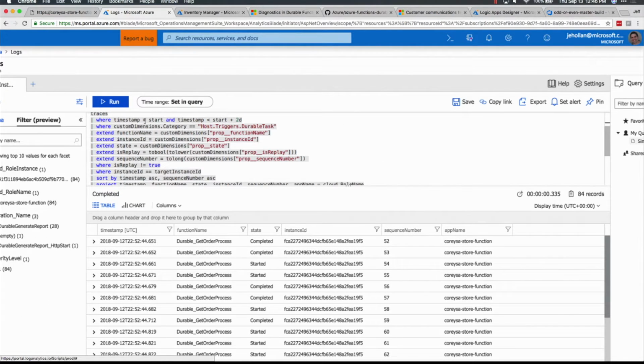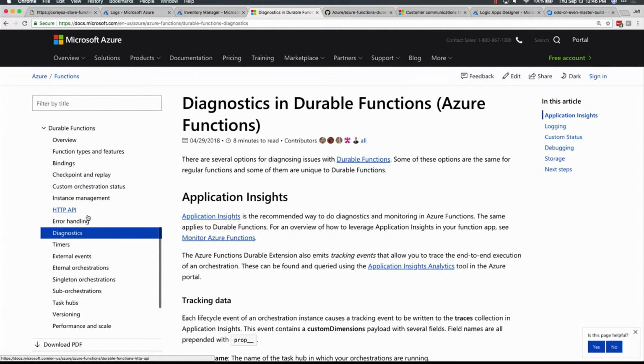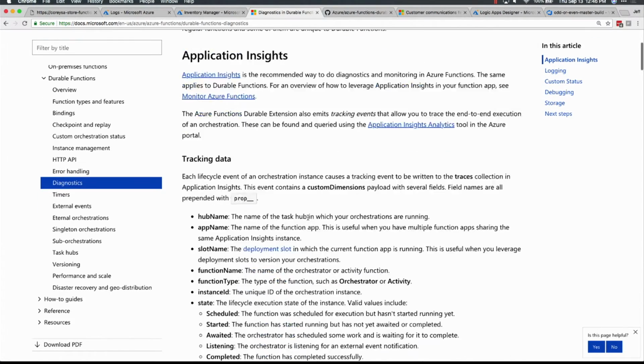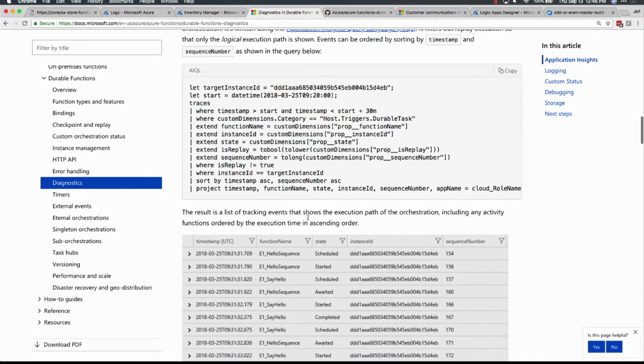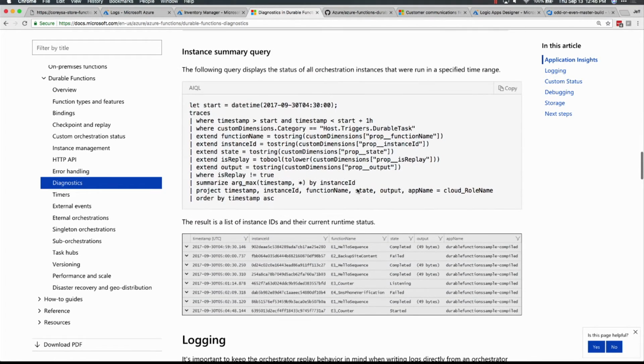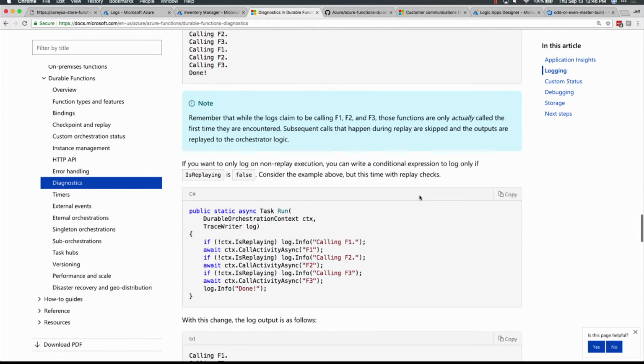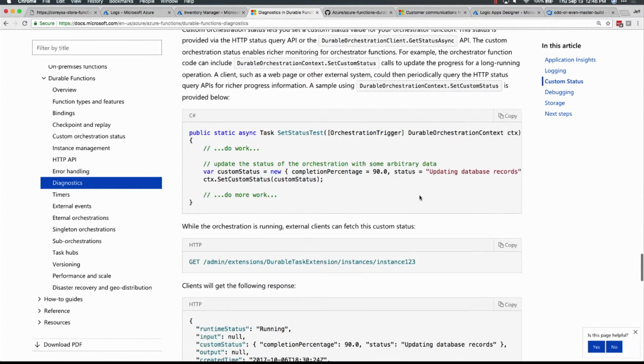And again, I know this looks a little overwhelming. If you come over here, this is the Azure Functions documentation. There's a whole section on durable functions. This is incredibly written documentation. It was mostly written by the dev lead for durable functions, Chris Gillum. But right here, I actually have some really helpful queries. So, here's the single instance query that I just used. I just copied that and pasted it into App Insights. There's one that gives you instance summaries. There's more information here on how you can log and add your own logs. All this is right here in Docs that I'd encourage you to check out, okay?